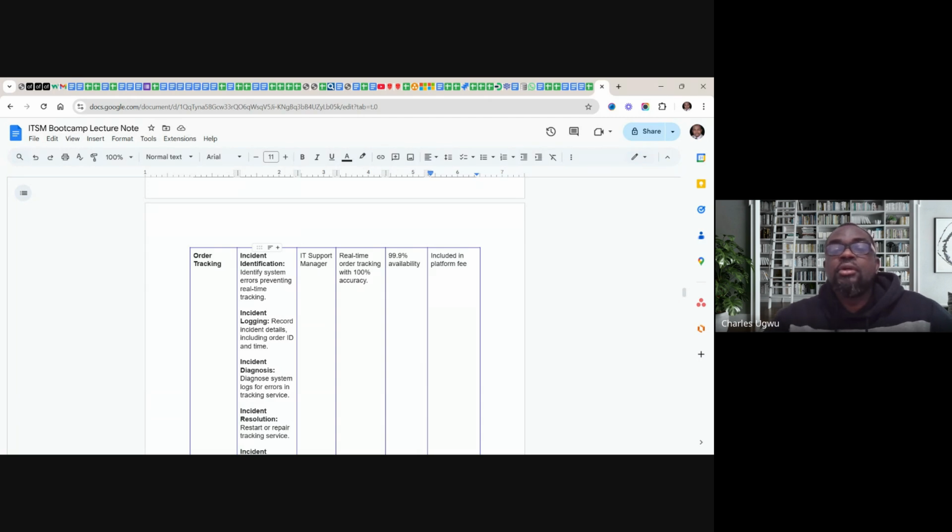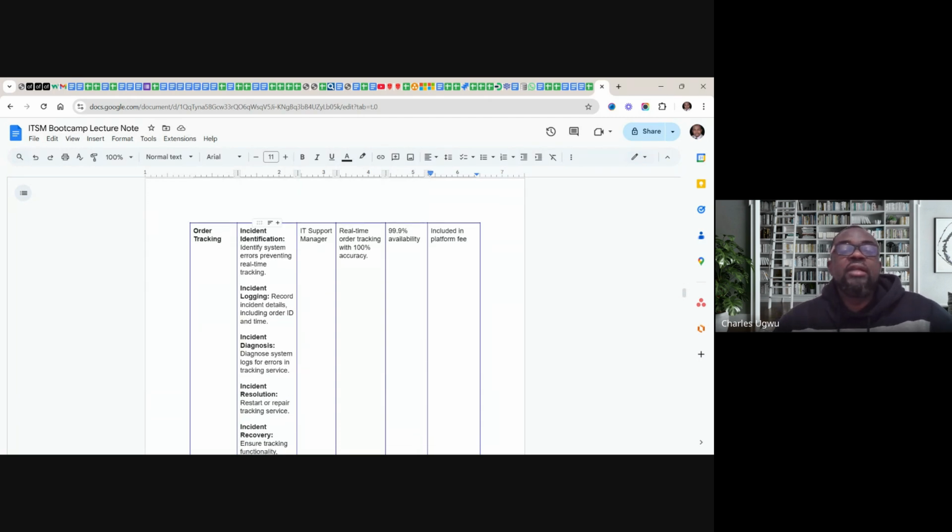When we provide this feature in our system, we've agreed to provide this service. So once we are not able to provide it, a red flag needs to be raised. These are incidents, and we have to log them with the relevant details